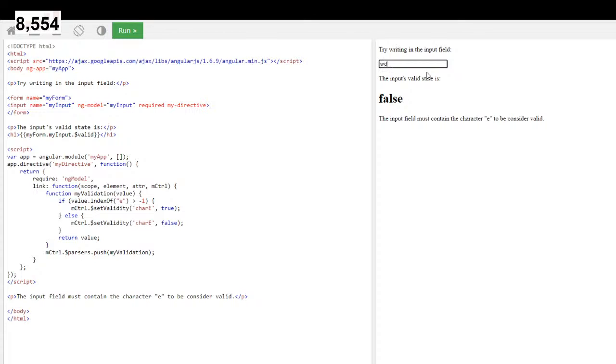Must contain an E. Interesting. So index of, if we say this, of this, and it must contain an at. So we can easily say, if